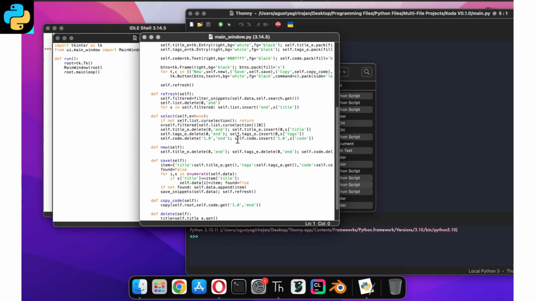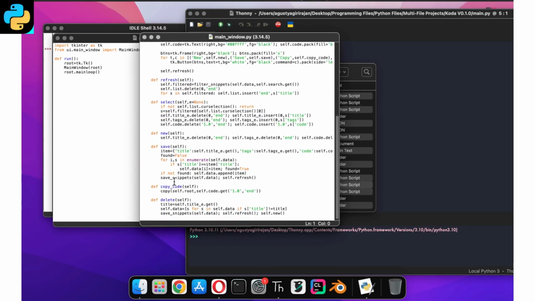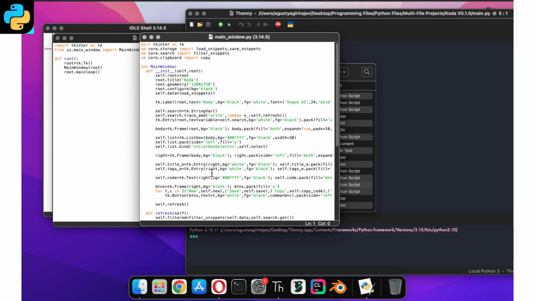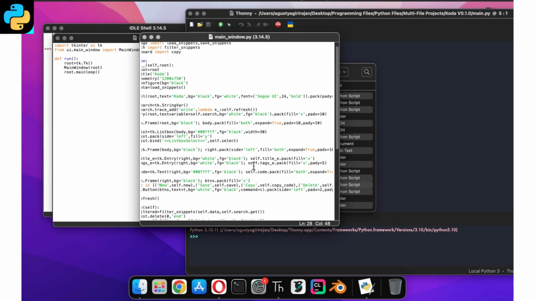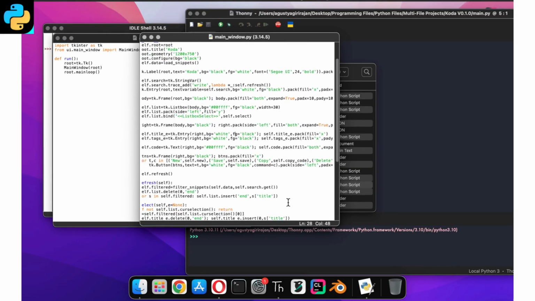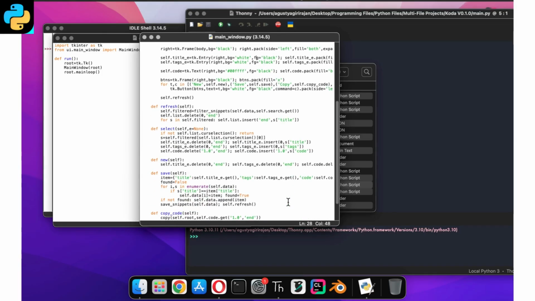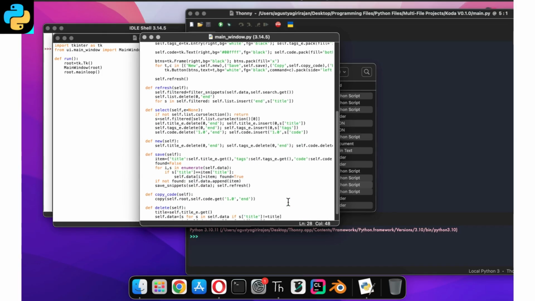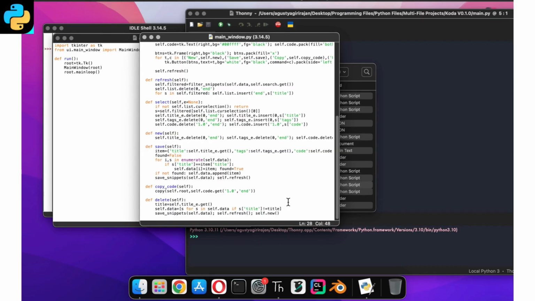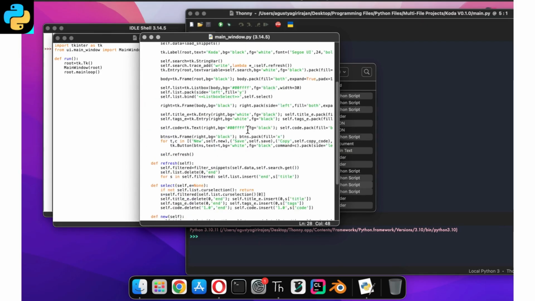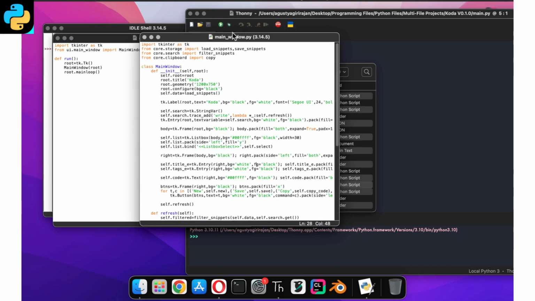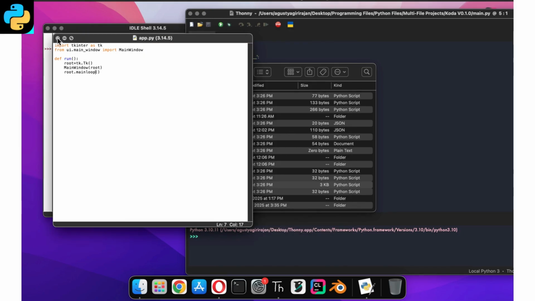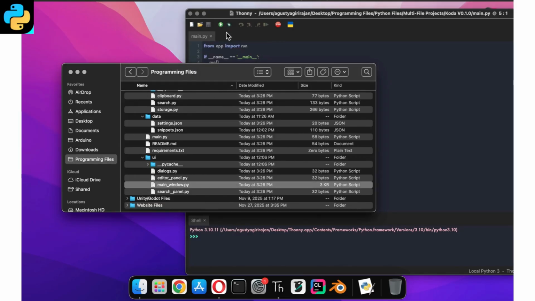With all of these functions here, each corresponds to a specific button on the UI screen. And then there's a bunch of other tkinter stuff for the GUI. But yeah, that's mainly how the main window works. As you can tell. And so then we have